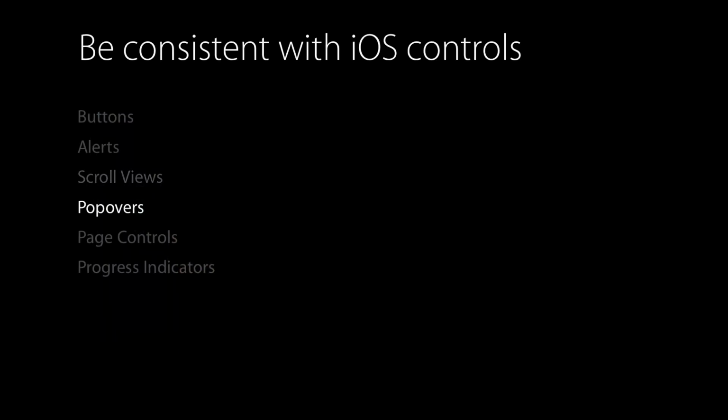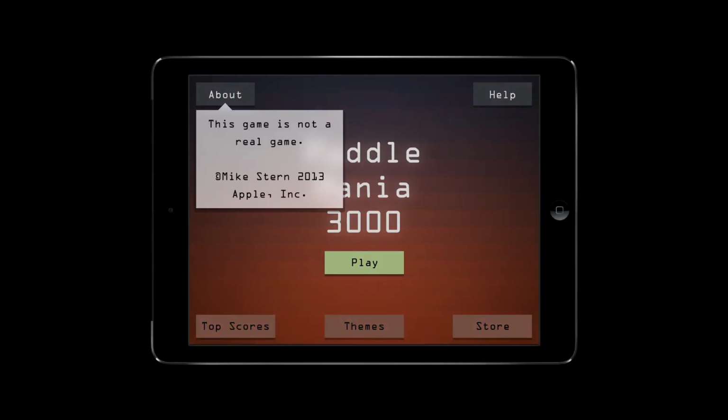Next up, let's talk about popovers. So popovers are these transient views that we use to display additional information or controls. And they always have this arrow which connects them to the control that was used to open them or the object that they relate to. And that arrow is very important. It makes it clear what the popover relates to. So with that in mind, it's pretty important that the arrow is pointing at the thing that it relates to,